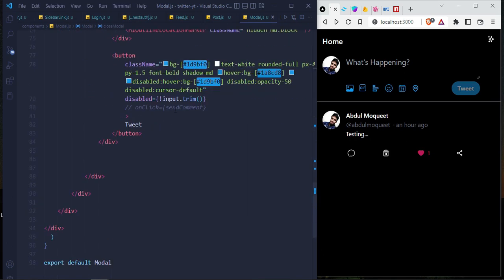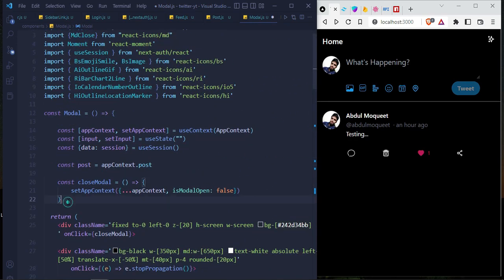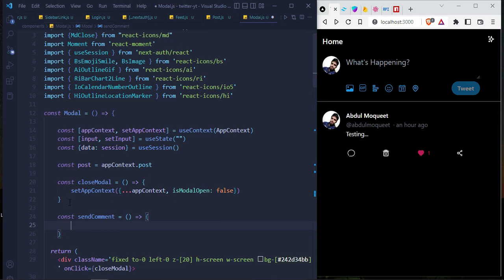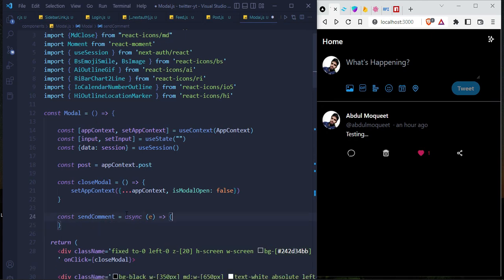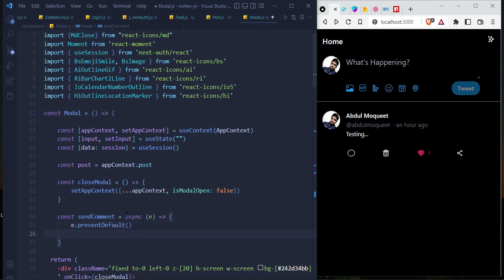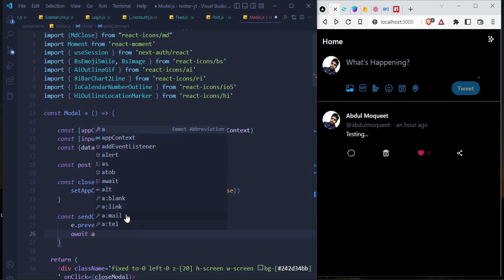So let's go down and take this const send comment equals to, it's going to be async and await. Prevent default. Okay, await add doc